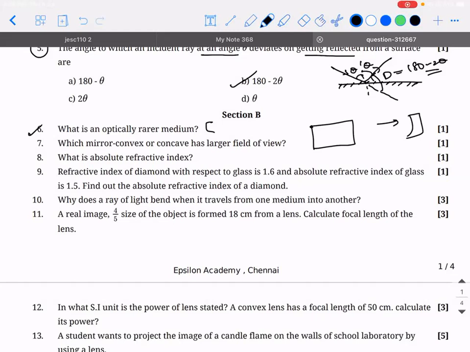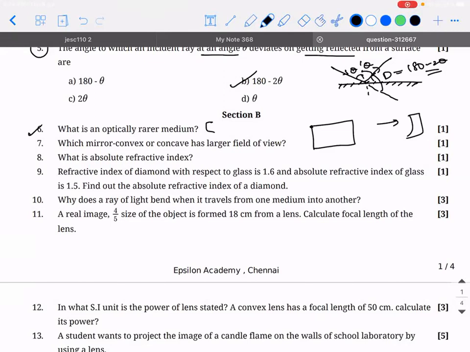Concave mirror, sir. Is it concave? It is actually a convex mirror. Why? Because convex mirror is the only mirror which can form a virtual image of diminished size, because it is diverging in nature, right? It can form a virtual image of diminished size, meaning even a bigger bus will appear to be smaller. Apart from that, you can see many other objects also on the road. Guys, are you able to understand? So that is what we mean by larger field of view. Means you are able to see a larger area.